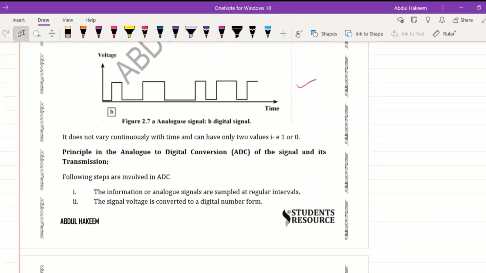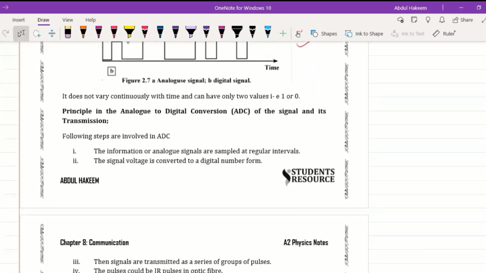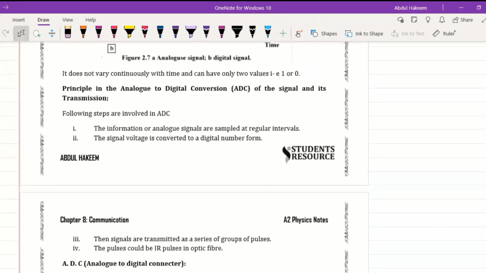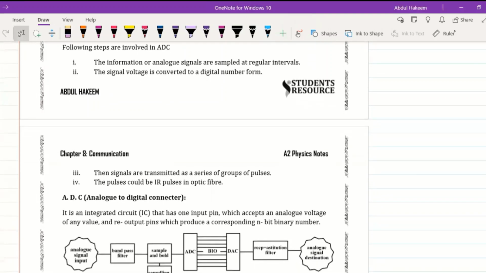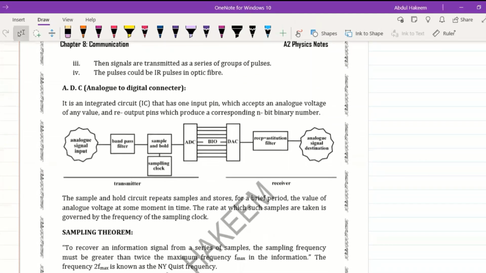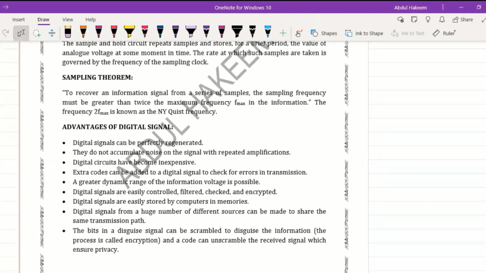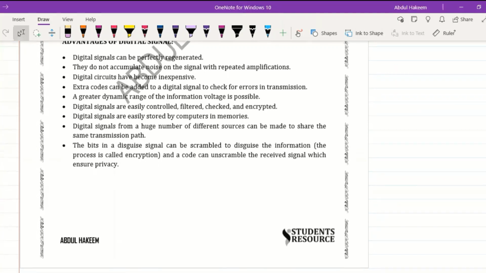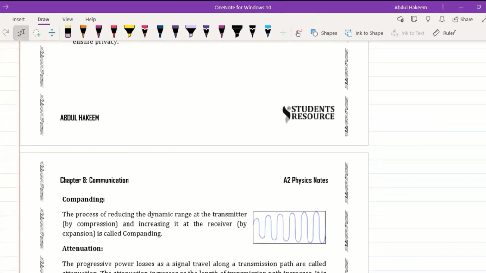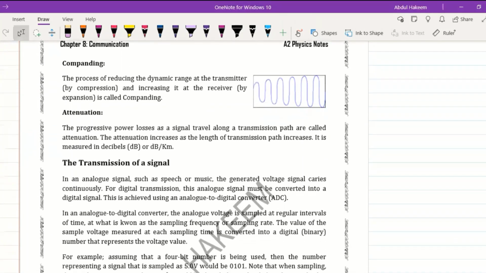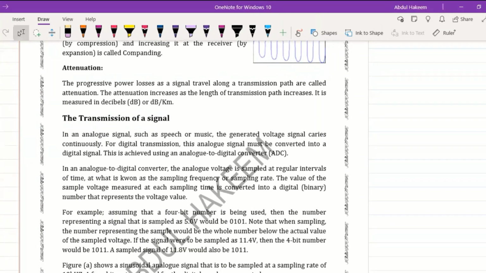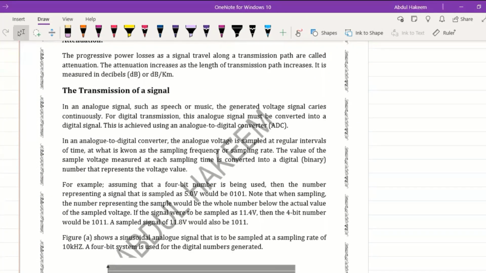And then the principle in the analog to digital converter, then analog to digital converter, this diagram, then advantages of the digital signal, and the next, what is attenuation in the communication, then the transmission,